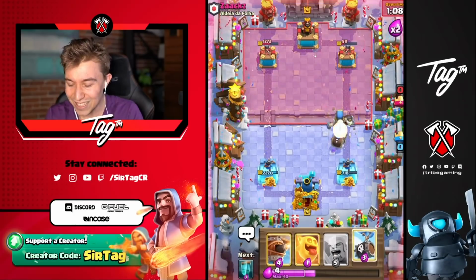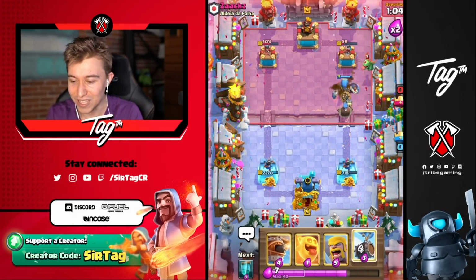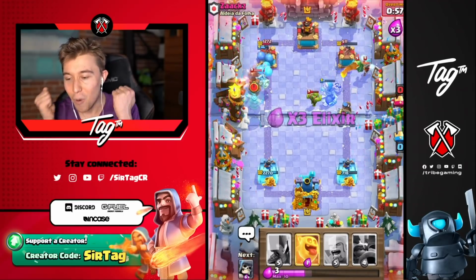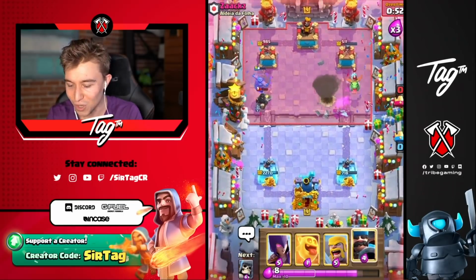We're going to go for a Giant Skeleton. We're going to raise the roof with our Skeleton Barrel and our air units. We got to make it work here. So Skeleton Barrel, Fly Machine, please put this man out of his misery. We're going to clone you up, and we need our damage. Because he would definitely over-defend on the right, we have to go in the left. That's really the only answer here,